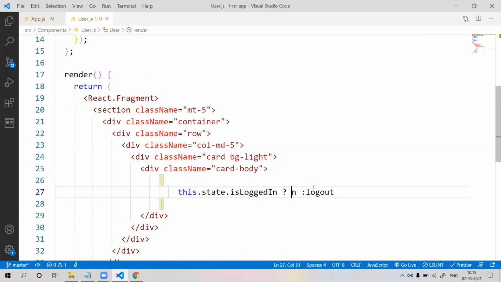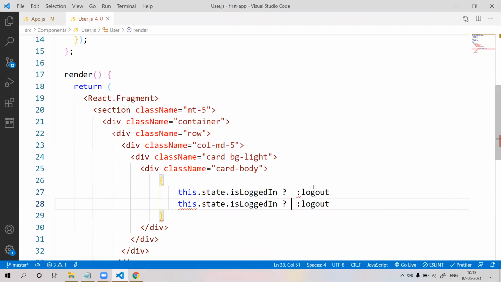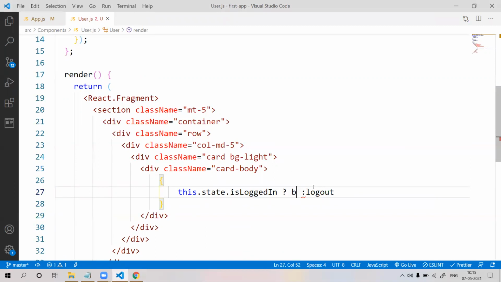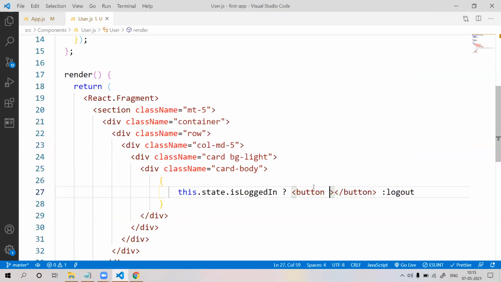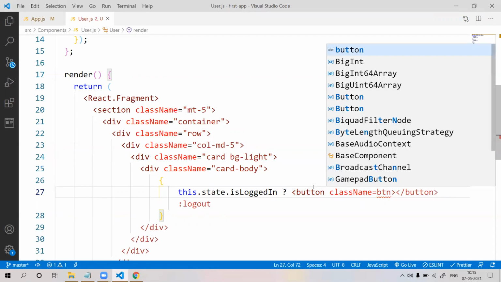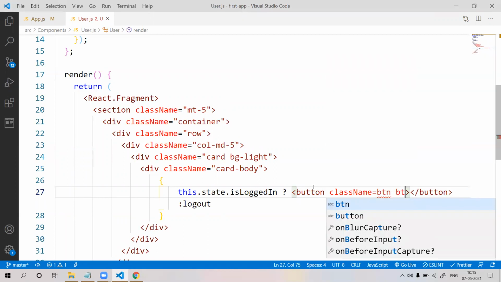First of all, the button will define className equal to btn, not like that.